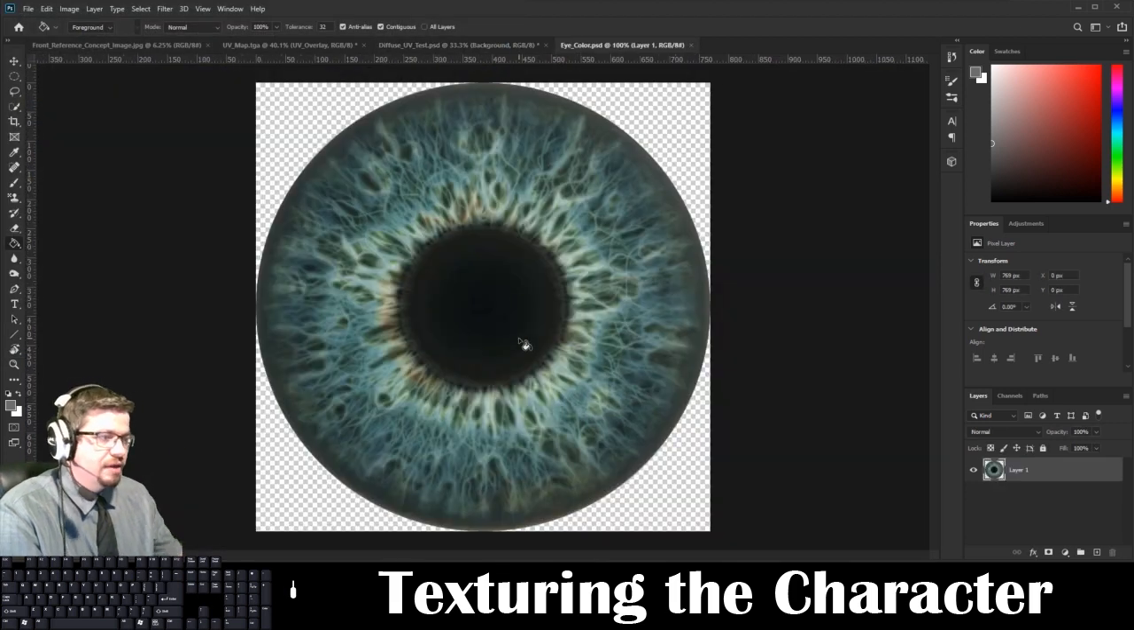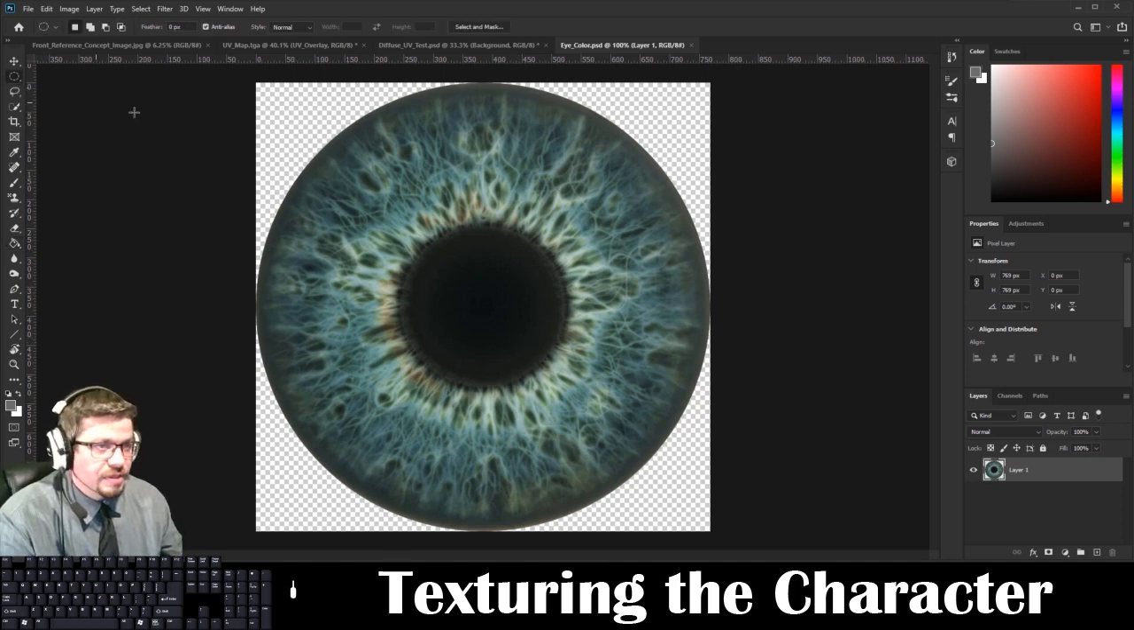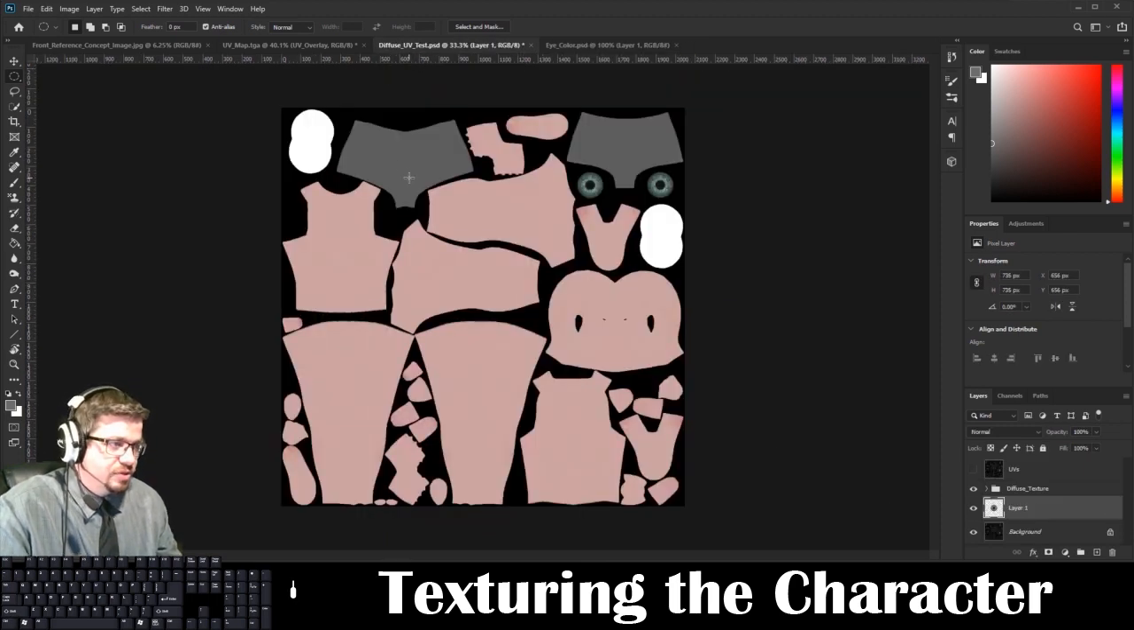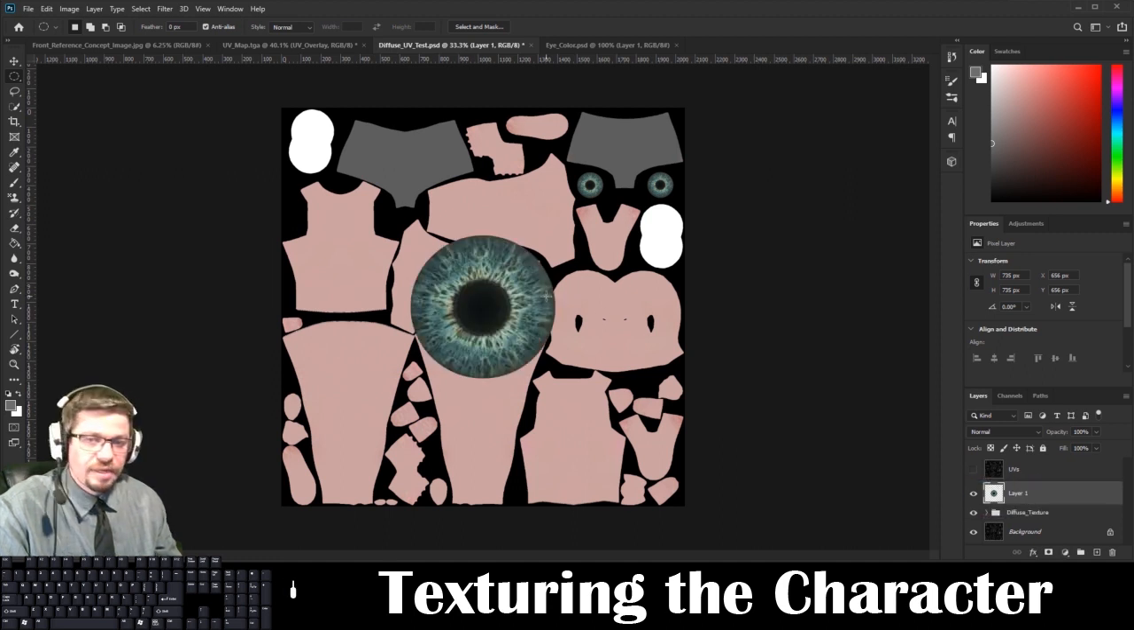And I've got this eye color here, and basically I found a texture of this eye, and all I did was I used the elliptical tool here, click drag, and then I just ran a circle over it. You can hold shift to keep it perfectly circle, and then I just copied it, Control C, and then I can go over here and do Control V,